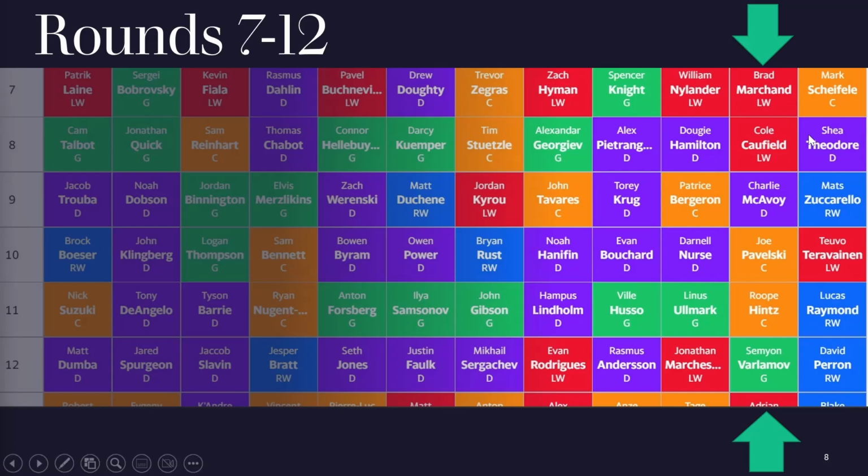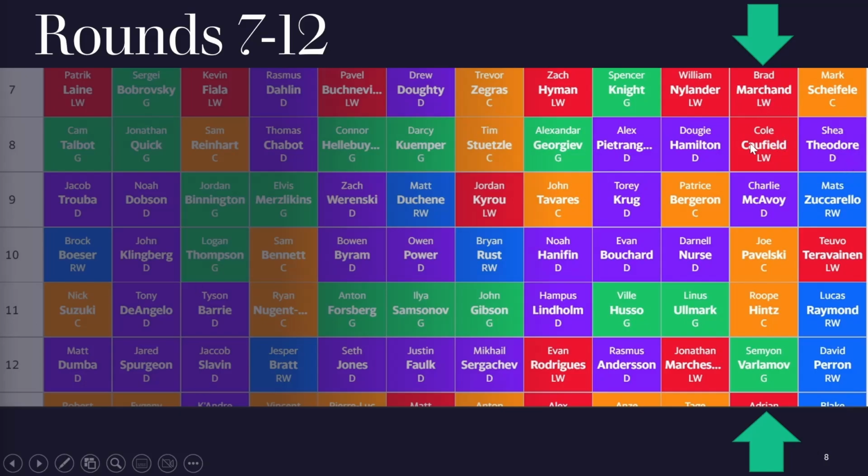And then I followed that up with Cole Caufield in the 8th round, and I've mentioned this in another video before as well, but in the second half of last season, after the coaching change, he was scoring at a 50-goal pace. So that's what I'm banking on, picking him in this spot. That level of goal production and shot volume, as well as some good power play production this year, that's what I'm banking on. And even though this draft format had plus minus, I need to swing for the fences here because the available wingers just don't have that level of upside.